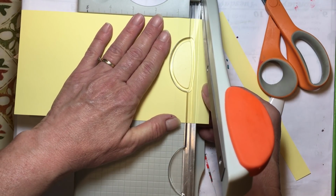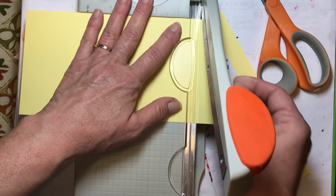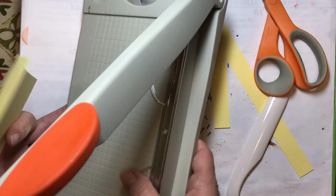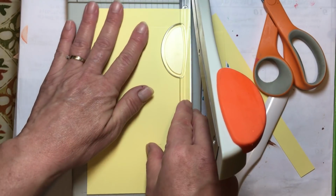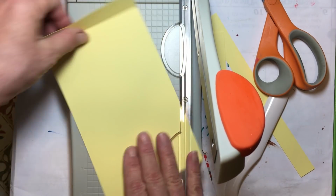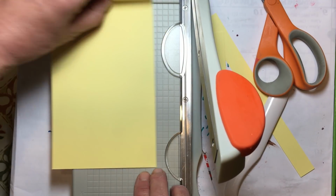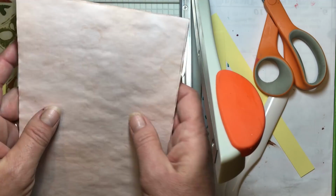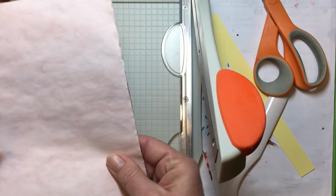Oh, maybe make it 1 inch. I'm going to make it about 3/4 of an inch. And now I'm going to measure. I know that I'm 4.5 inches wide. And let's see how long we are. 7 inches long. So now I'm just going to take some dyed papers, and I'm going to cut them